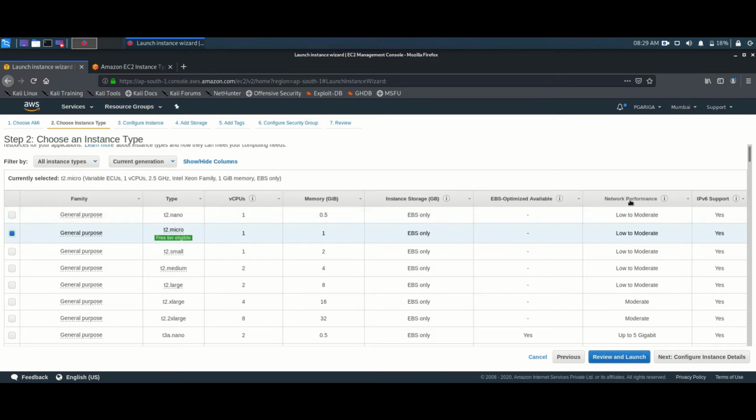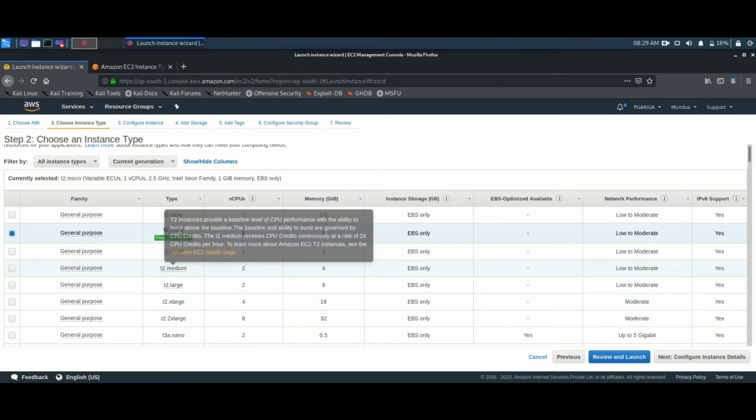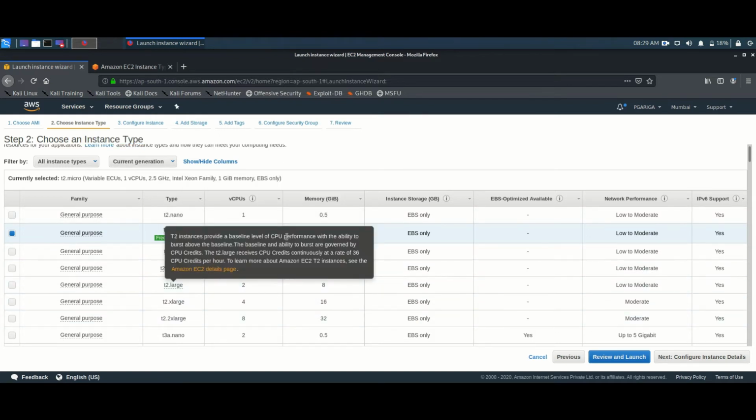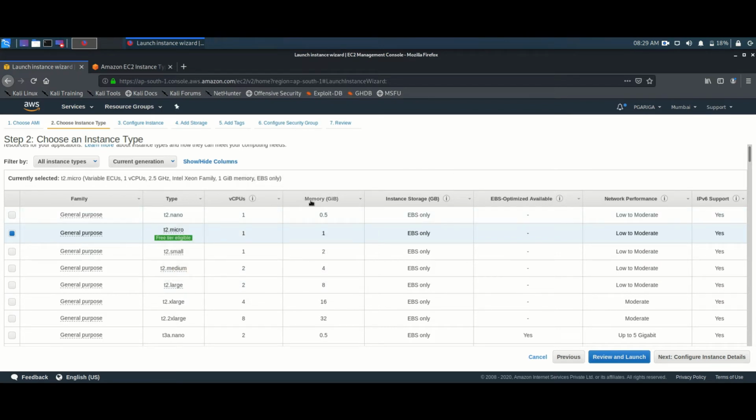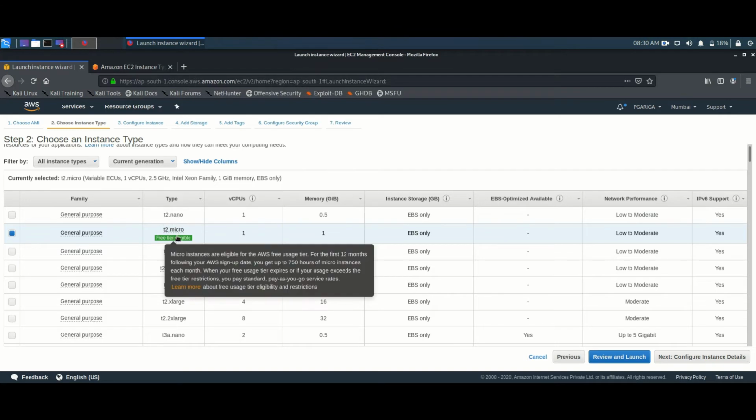And we have network performance, you may say network speed is low to moderate level, and it supports IPv6. So what is IPv6, IPv4, in coming classes we'll be knowing. As of now, just remember we need to select our instance types, and these instance types are named in such a way that it will be easier for us to segregate which subprocessor and which memory we have to use. Okay, as of now I'm selecting T2.micro.